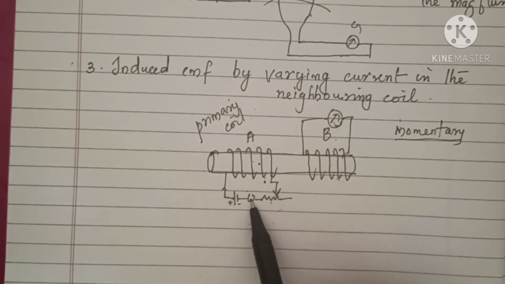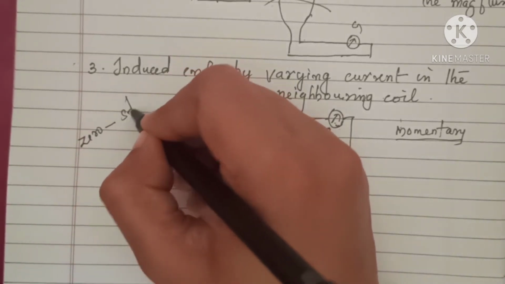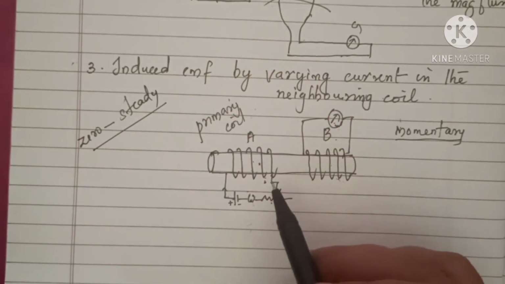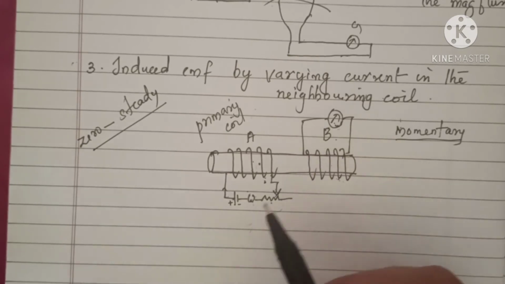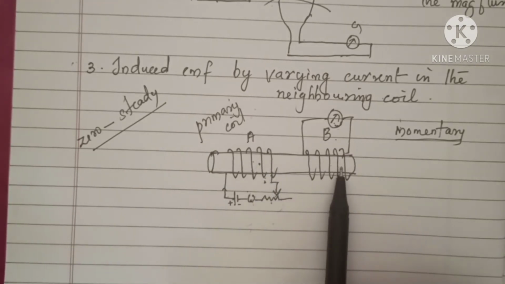Now as the primary coil is closed, the current through it increases from 0 to a certain steady value, isn't it? So suddenly the magnetic flux linked with the primary, and hence with the secondary also, increases. Got it? Once again, when a current flows through a coil, a magnetic field is produced, because here we are not using any sort of magnets. We are only using two coils, isn't it?